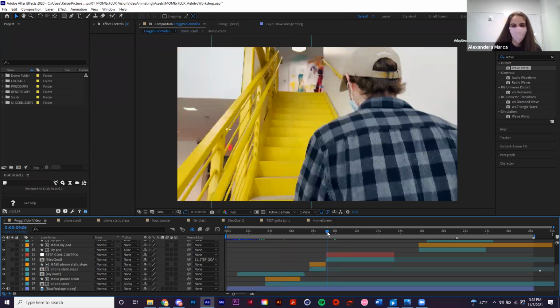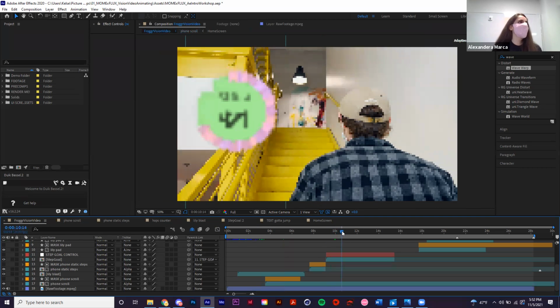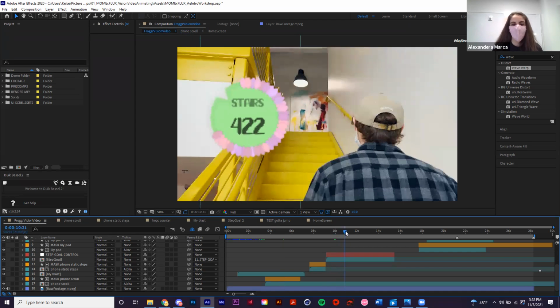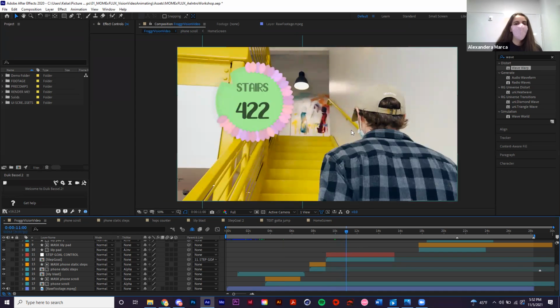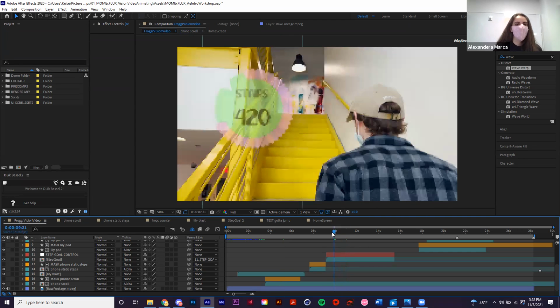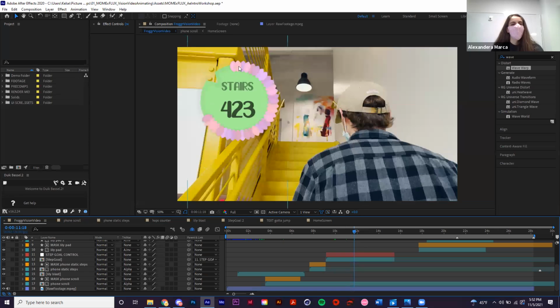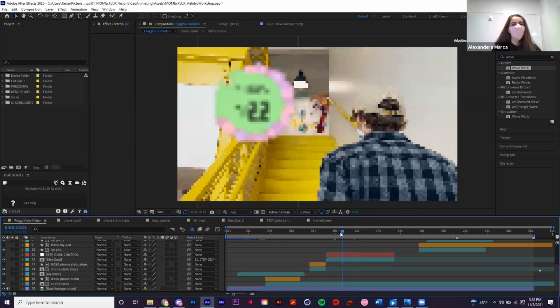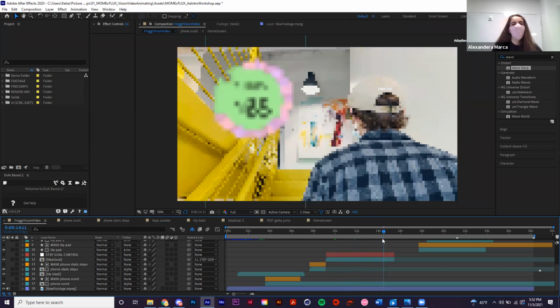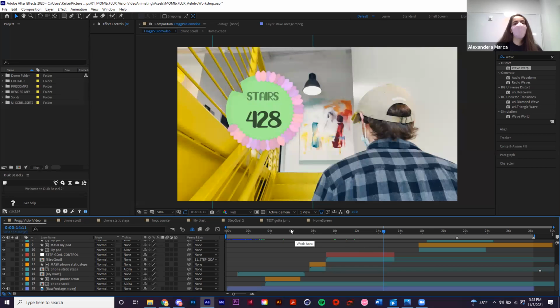So do all of you know what tracking is? No. Okay, that's cool. We have this individual right here, and as you can see, I'm going to scrub through it, but you can see the little lily pad here moves exactly with his head as it goes along. Now, what that is, is tracking. It takes an element and copies the position of any other element that you have. You can pick whatever you want it to be. I could have parented it to the light if I wanted. And so how that works